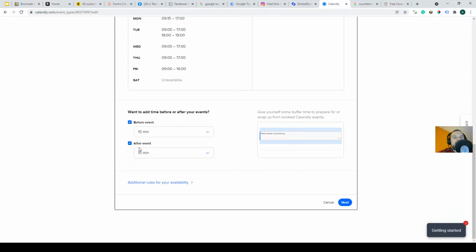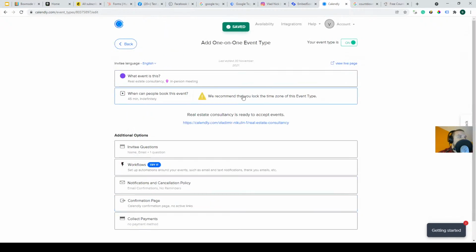So there are many other options that you can use to customize event booking experience with this service. You can play with it on your own. I'm not going to cover them. And the question is how you can add it to your website. So say you have finalized this event setup, and now to add it to your website,